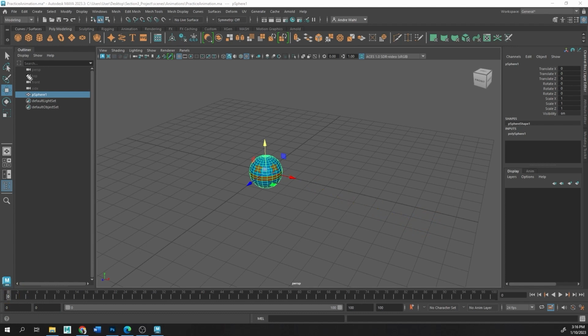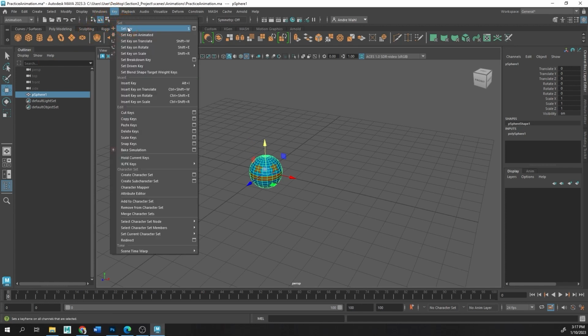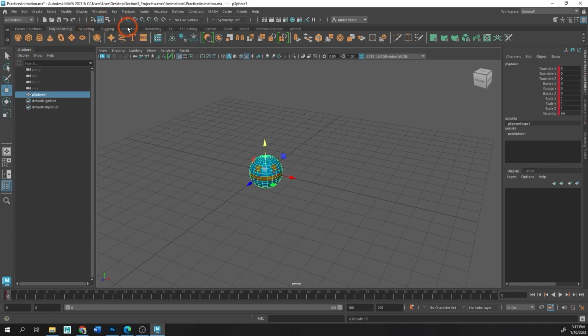To do this, we're going to need to switch from our modeling shelf up here to our animation shelf. So we'll go ahead and switch to animation, and we can access the keys through the key menu. In order to set a keyframe, you need to have the object selected in object mode, and you need to come up here to key and select one of the keying options. I'm going to select key and set key, the very first option here, and this is going to set a